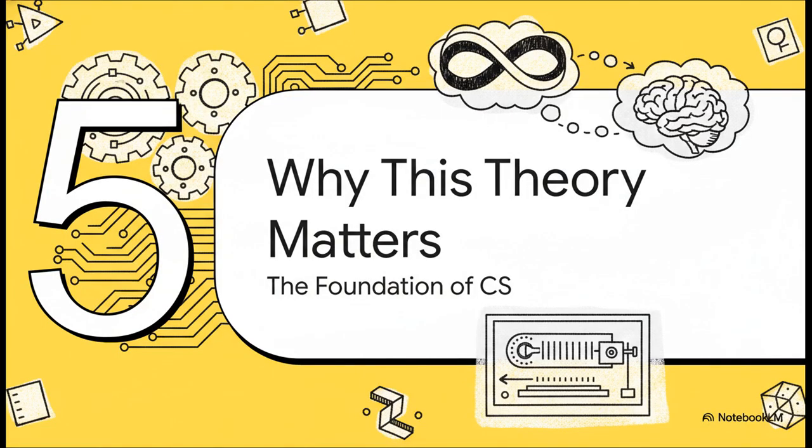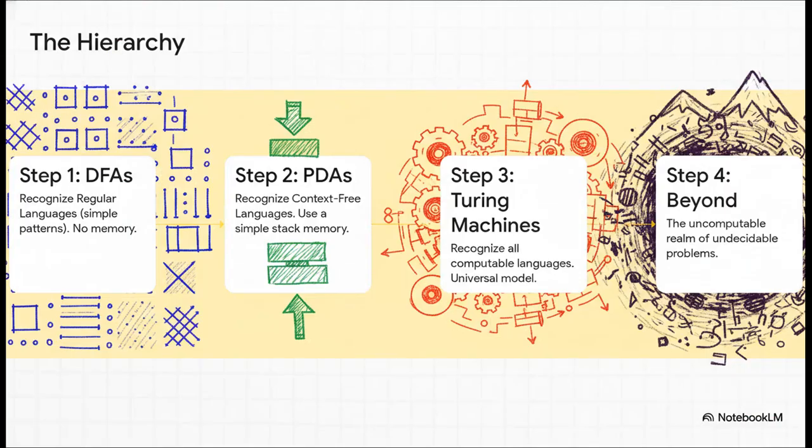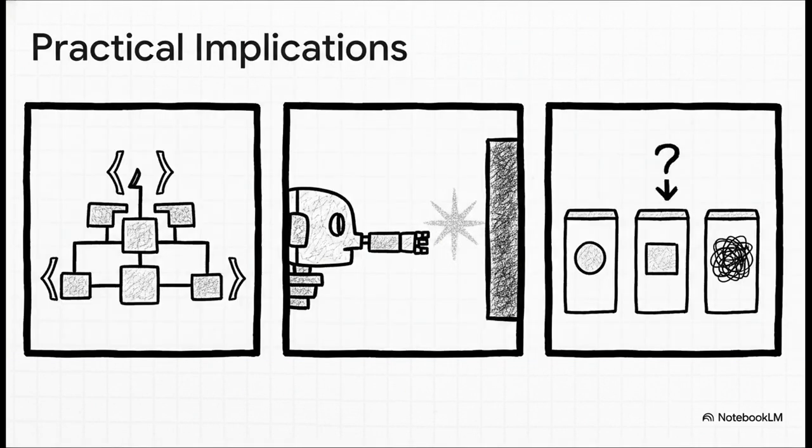Now, I know this might all seem super abstract, right? Like some philosopher's game played out on a chalkboard. But understanding these limits isn't just a theoretical exercise. It is the absolute foundation of all modern computer science, and it has some massive real-world implications. So let's just quickly recap our journey, right? We started at the bottom with the simple patterns of regular languages, which are handled by those memoryless DFAs. Then we added a stack to climb up to context-free languages with PDAs. We hit the peak with the all-powerful Turing machines that can handle any computable language. And then we looked over the edge and discovered that beyond that peak lies this vast, unreachable territory of the uncomputable.